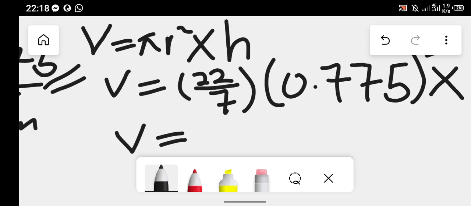Then you open another bracket saying 0.775, close bracket, to the power 2. Then you multiply with our height, which is 4. Then you place equals. It should give you something like